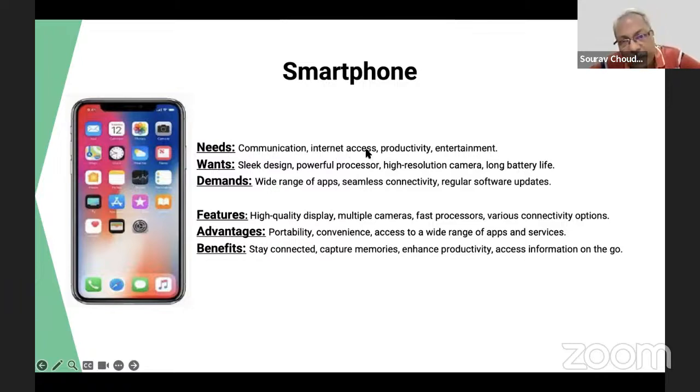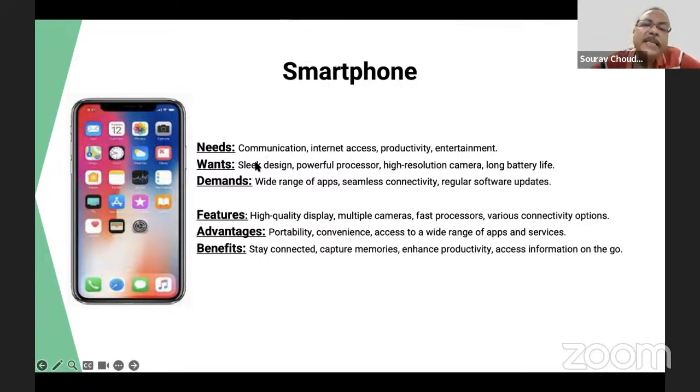Now, internet access is not your smartphone need. If you have internet access, you can use your smartphone. Correct. Okay. Productivity is your need. Okay. Entertainment is your need. Okay. Wants